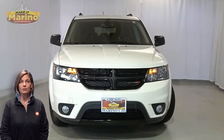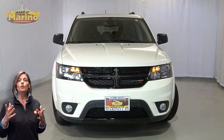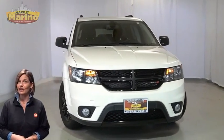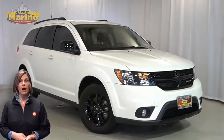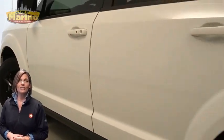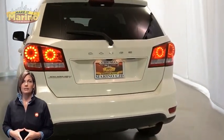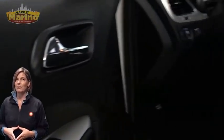Looking for a highly equipped compact SUV with all the right options and reliability? We'll take a look at this certified pre-owned 2019 Dodge Journey SE Blacktop in Vice White. With black headlamp bezels, front fog lamps, 17-inch aluminum wheels, power heated mirrors, sunscreen glass, LED tail lamps, front bucket seats, steering wheel mounted audio controls, 20,000 miles on the odometer,